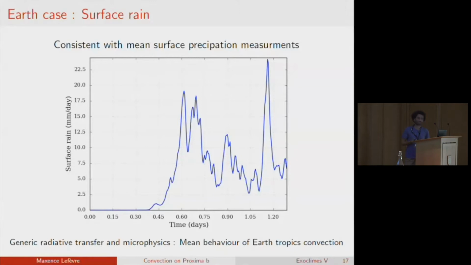So with a generic model, we can model realistic moist convection for the Earth.